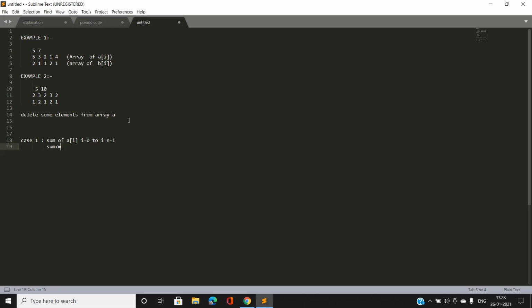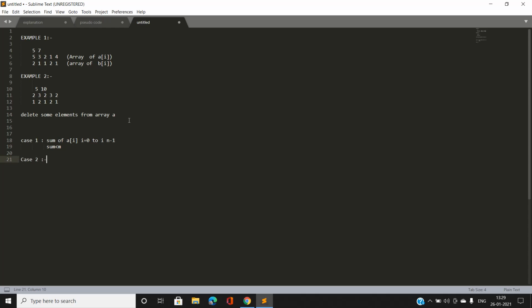We cannot find a subset of ai such that after deleting that subset we free at least m units of memory. There is no subset that we can delete to free at least m units of memory. If the answer is not minus 1, then our answer must exist.